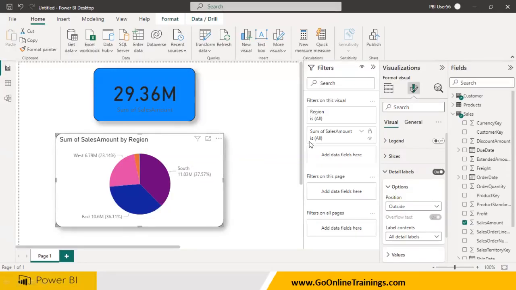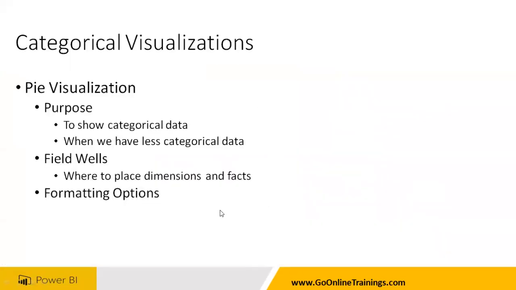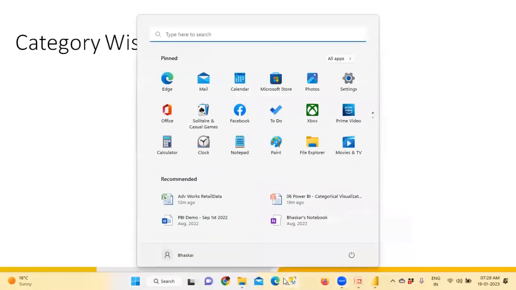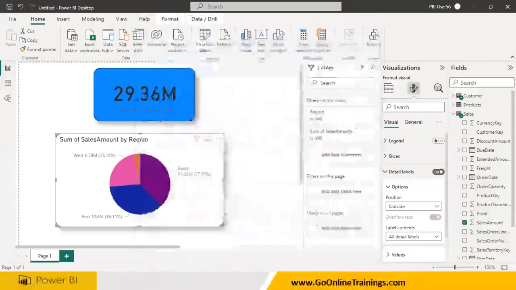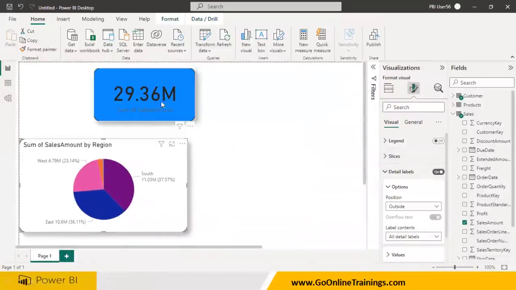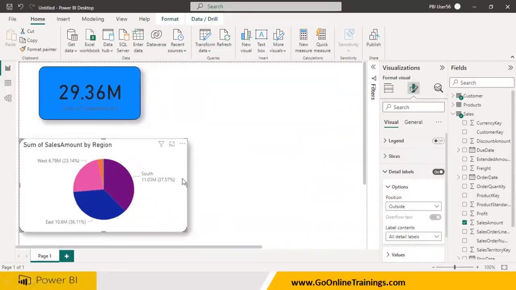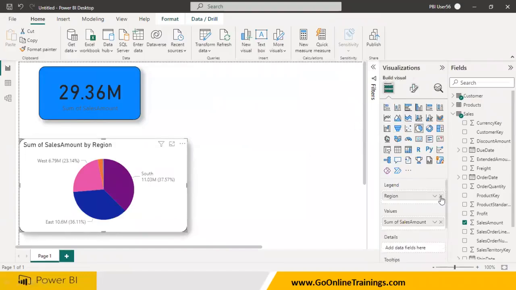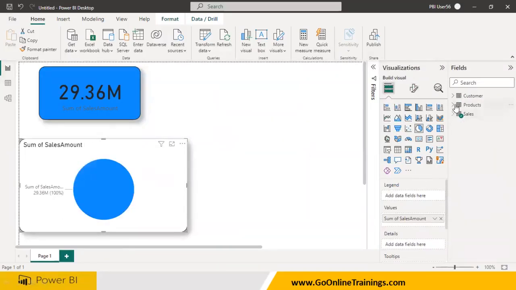Now, how many dimensions have you taken? You have taken one dimension and one fact. Clear? Where to place dimensions and facts we discussed. The first one I was talking about was category wise sales. Category wise means what is the category, how to get this. So I wanted to go and see category wise sales. I simply click on this. Now you remove the region. Where is the category? Category is somewhere here. So let me drag and drop the